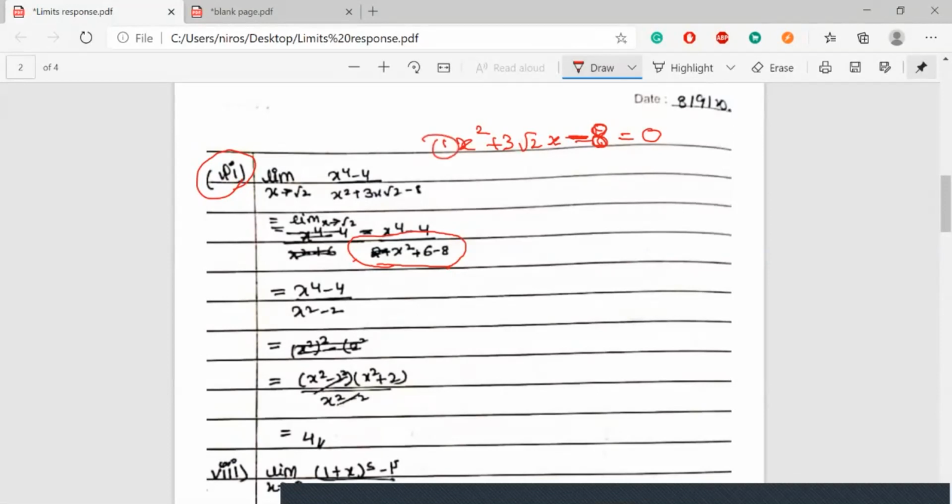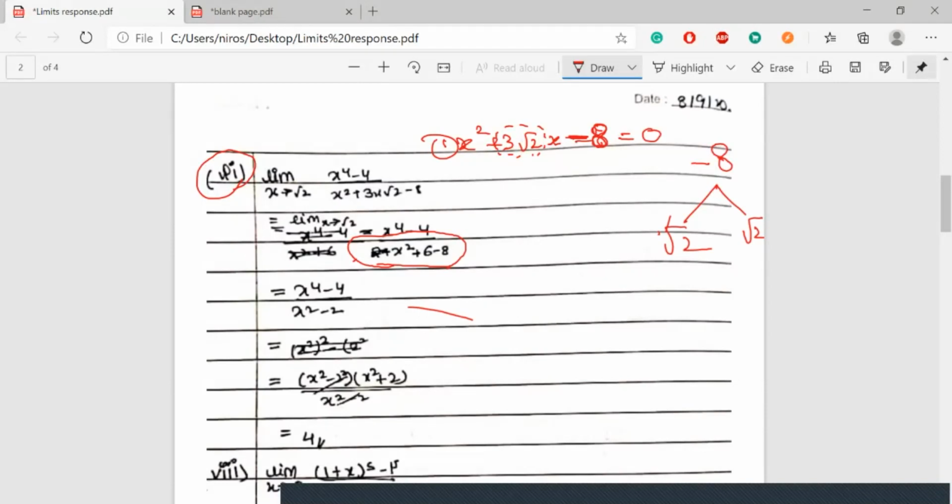Here it is 1 into 8. So we have to get minus 8, right? Minus in the sense one should be plus, one should be minus. And after subtraction, we have to get 3 root 2. What are the factors of 8 such that their difference is 3 root 2? One thing is clear, on both it should be root 2, root 2. Then only we can subtract.